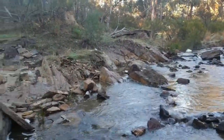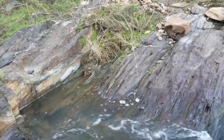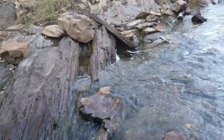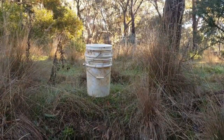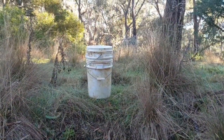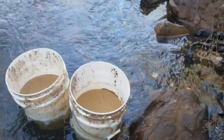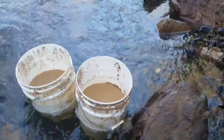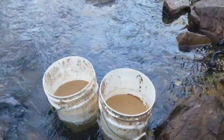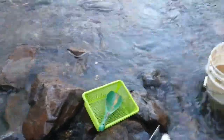So I'll have a look around here, have a look to see if it's worth scratching out some of these crevices, and we'll see what happens. Okay, it's got the better of me. I've done 2 buckets, and there was actually 4 of these white buckets. They're only about half full, so let's say there was in total about 40 litres of materials. The reason I'm going to stop now and give it a clean out